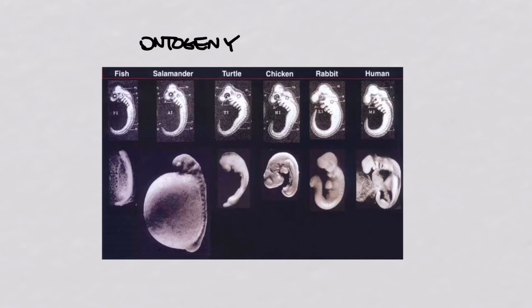Just a few, well, it depends on the organism, but they're early in embryonic development. And you can see that they all look remarkably similar. And this is because the genes that are responsible for early patterning, basically what's going to become your head and your butt. So the